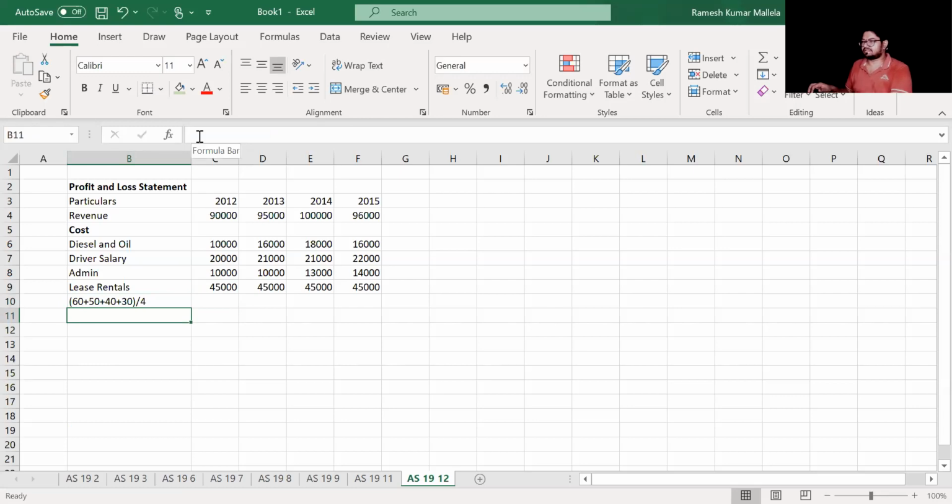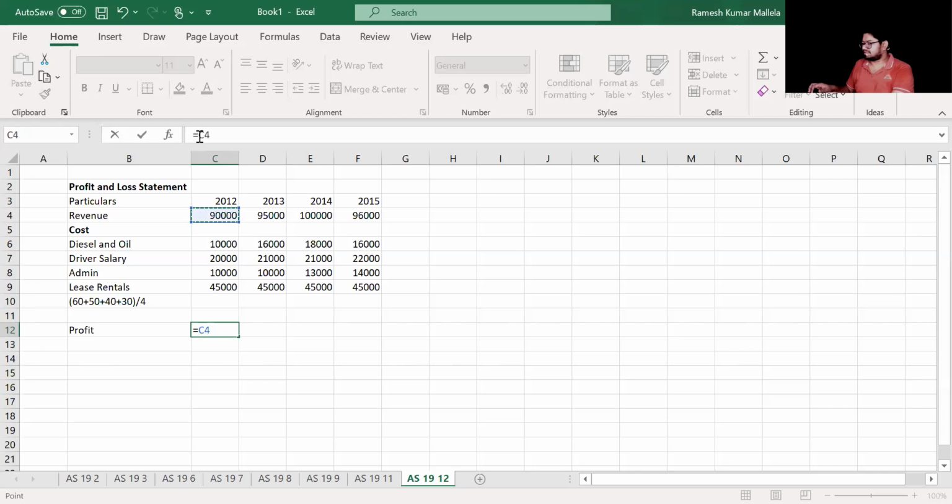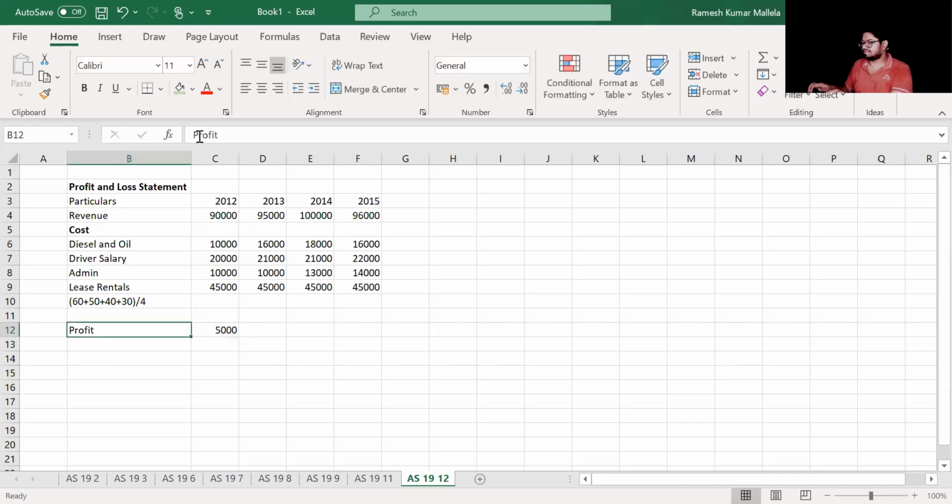Okay. So on deducting this, what you get is profit for the company. So profit is equal to revenue minus sum of all the costs. Okay. So for 4 years, you have got profits. First 3 years, it is positive. Last year, it is negative. That means it's a loss. Profit slash loss. Okay. So this is the presentation for you in your P&L.